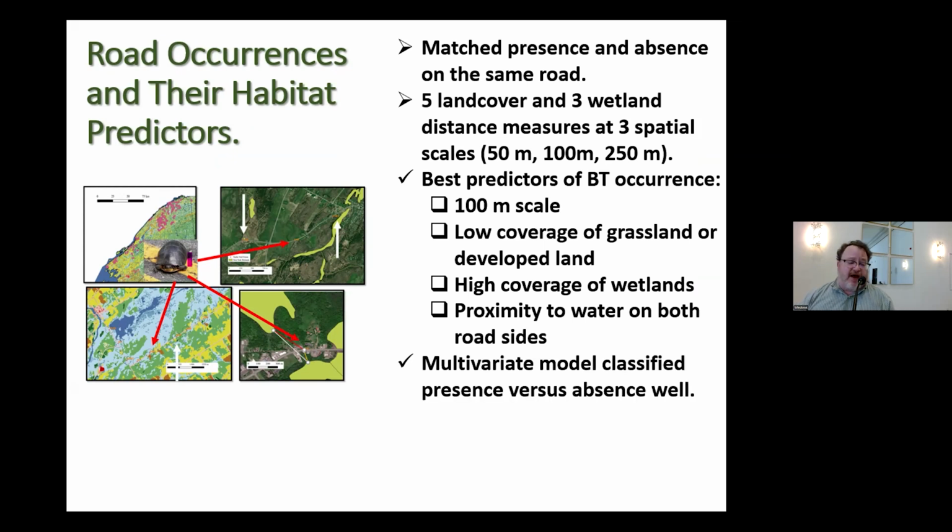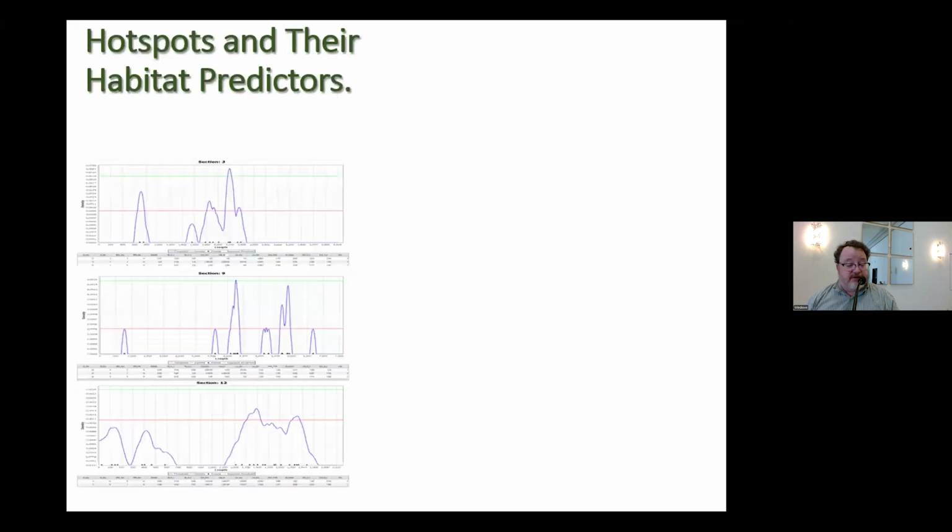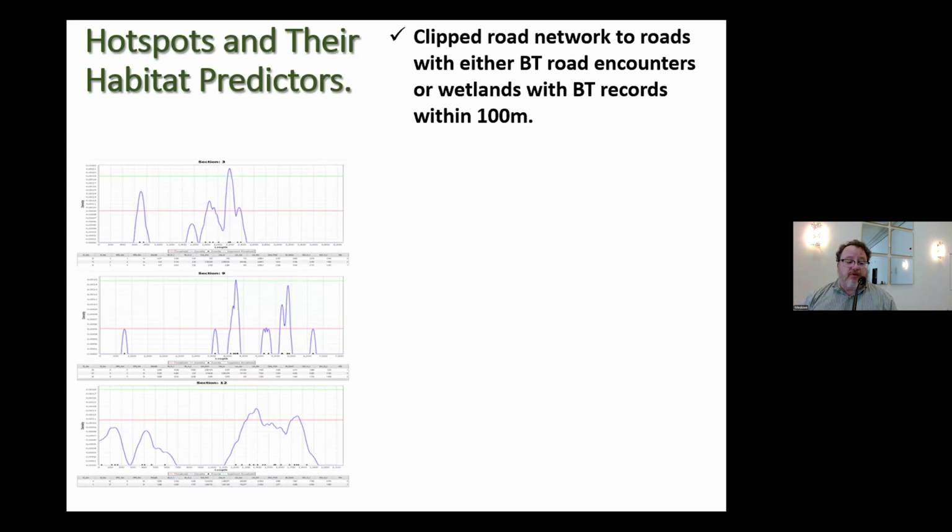Multivariate modeling classified things very well in terms of presence versus absence. And some of the model validations we've done show that they probably were. Now, we also then clipped the road network to roads with either Blanding's turtle road encounters or wetlands within 100 meters of the road that we knew had Blanding's turtles. So fairly localized, but the whole entire road network that fit those areas that turtles were probably present, and did